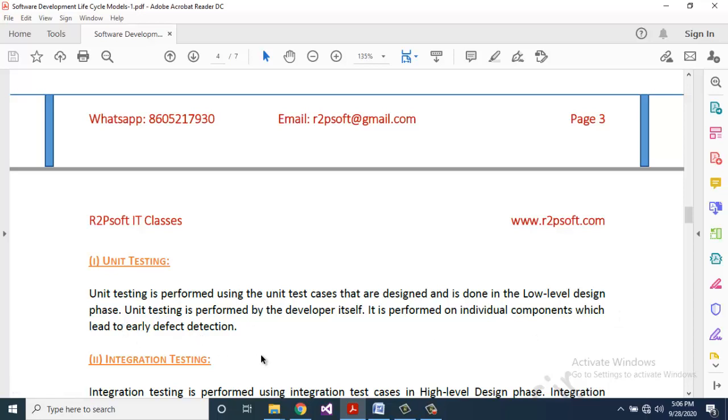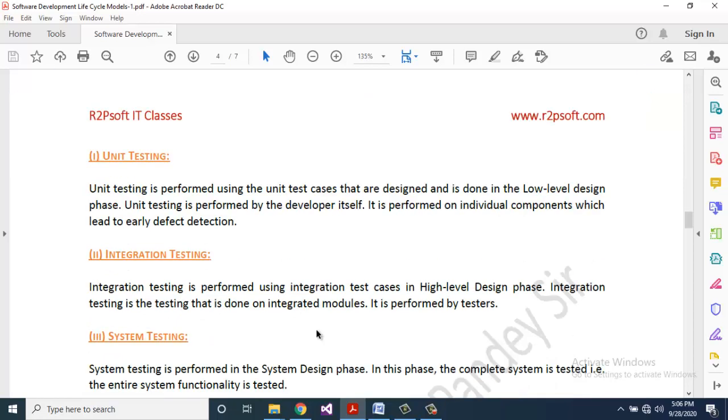Unit testing is performed by the developer itself. It is performed on individual components, which leads to early defect detection.